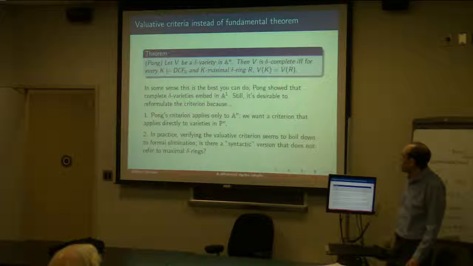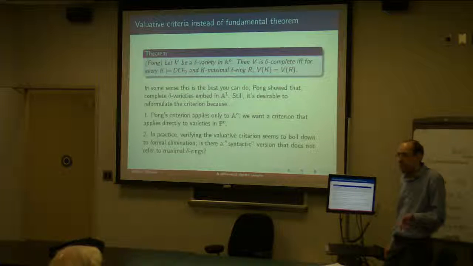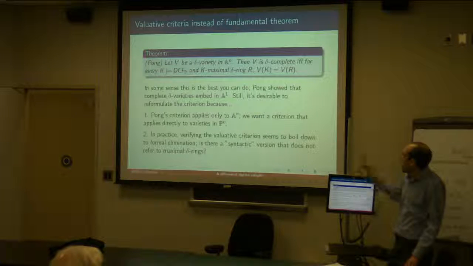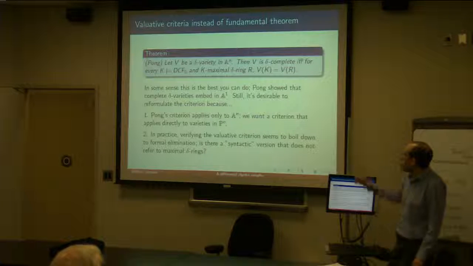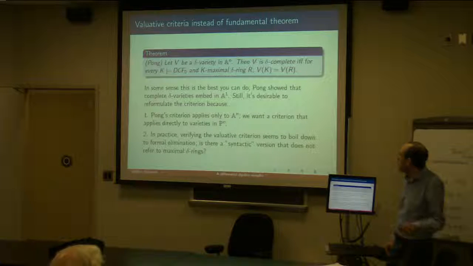So the basic procedure is: if you have a variety that you think is complete, suppose that it's not, and then that must mean that there is some k-maximal delta ring and some homomorphism phi where you've got a bad point, a k-point that is not